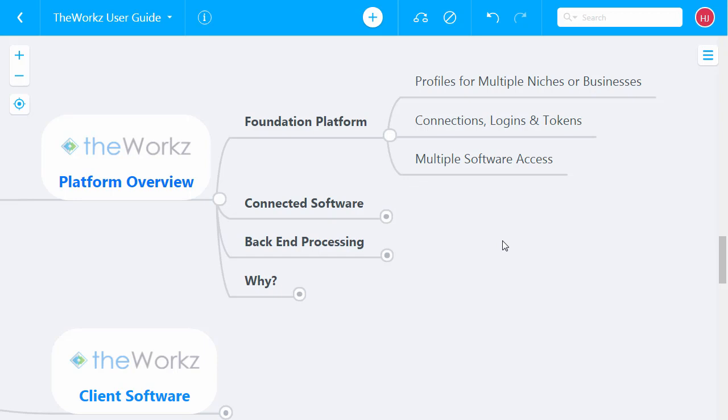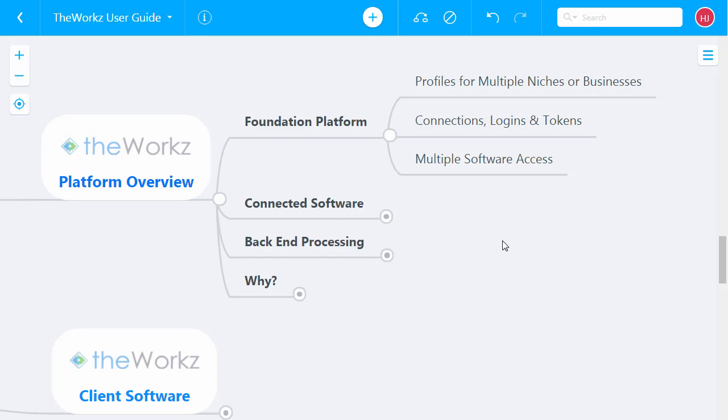Furthermore, on the foundation platform, we're going to allow you to save all your connections, your logins, and your access tokens for your various accounts like Facebook, YouTube, Vimeo, all the social networks, all the video networks, your blogs, indexers, syndication services, spinners, all the tools and connections that you need to do any marketing. You're going to save them into the foundation platform of TheWorkz, and we'll get to that later. But once you have all these things programmed in, then you've got all the building blocks that you need to start putting together the marketing campaigns and get things out there via an automated bus or automated API.